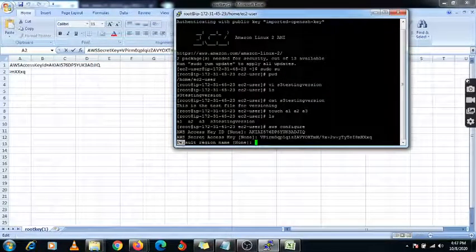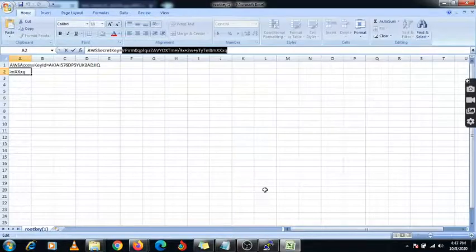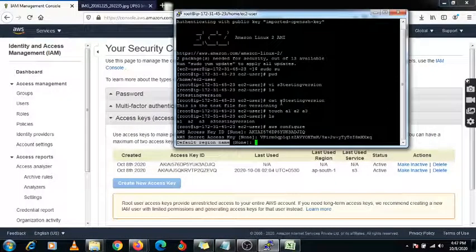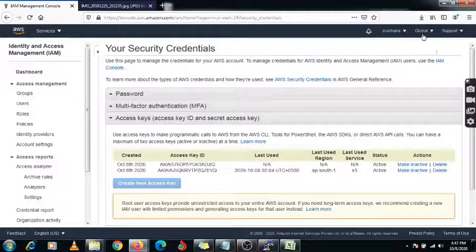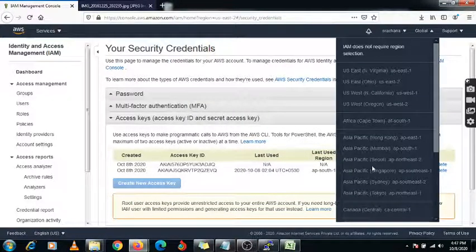Now it is asking for the default region name, right? So you need to check which region you are in. Okay, previously I was in the Ohio region. So the Ohio region has this ID, that is US-East-2.